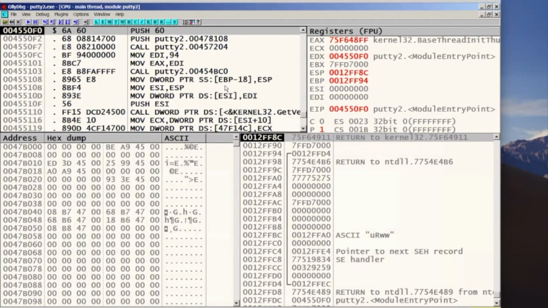Here's the actual binary structure of that program: 6A, 6B, 68, 088. Those are the bytes that make the instructions. Here's the instructions: push 60, push something else, call a subroutine, move things into registers, call more subroutines, and so on. Here's the same old registers you've seen before, EAX, the stack pointer, and the base pointer for the stack,